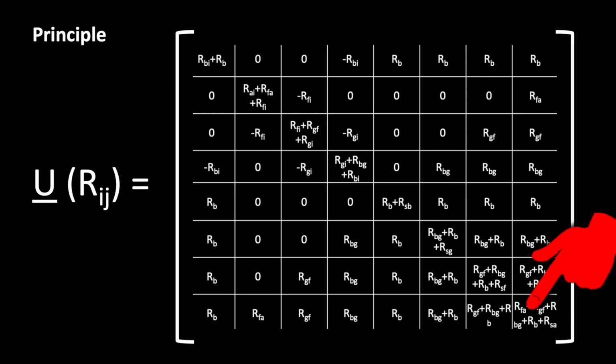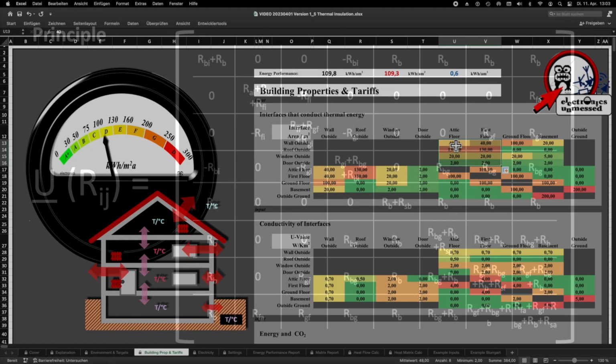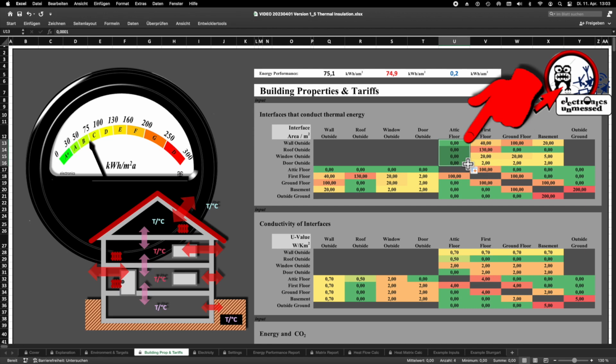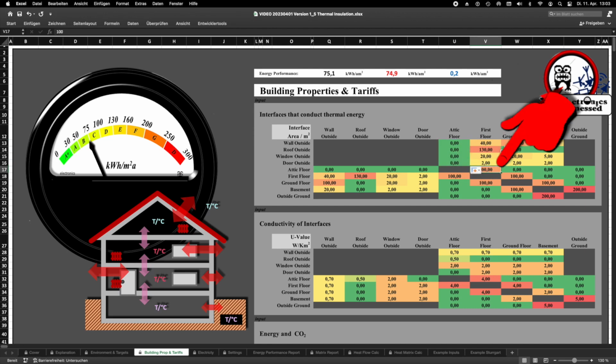The solution is actually very simple. Instead of the value 0, we just take a very small value for the area, for example 0.0001. This leads to a very small inaccuracy, but our calculation method then works very well again.